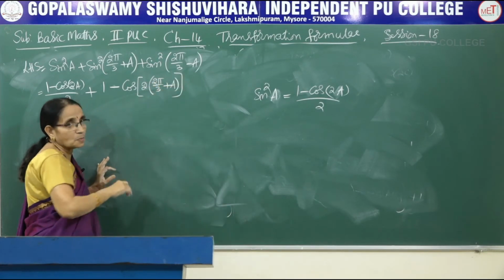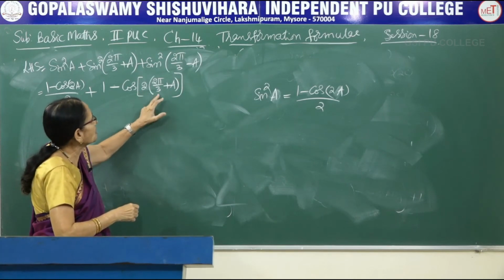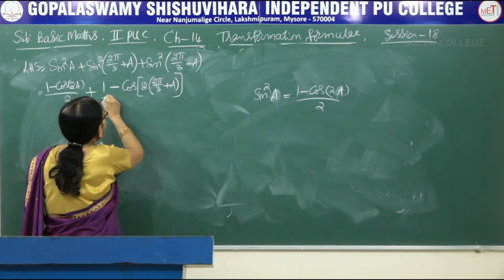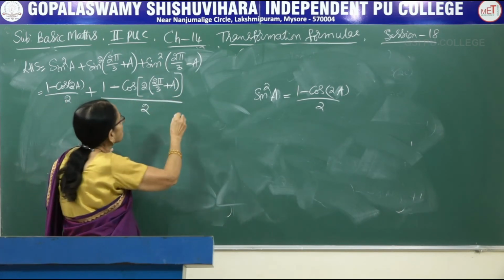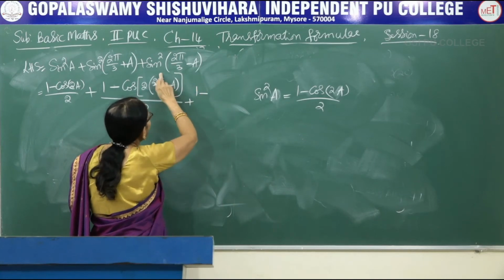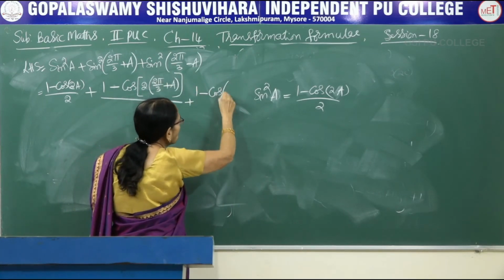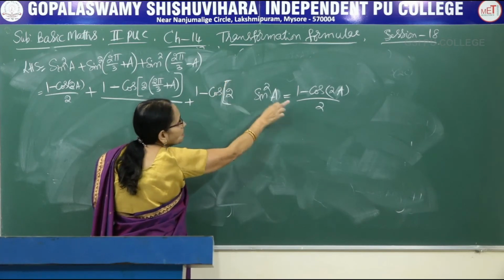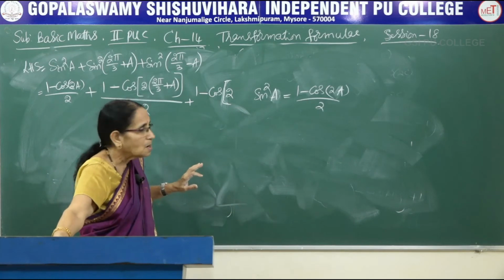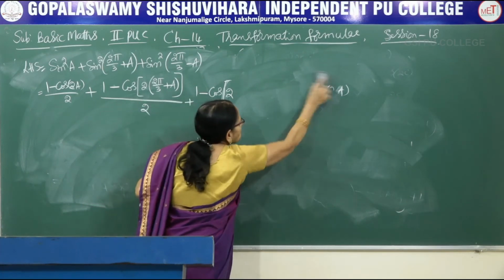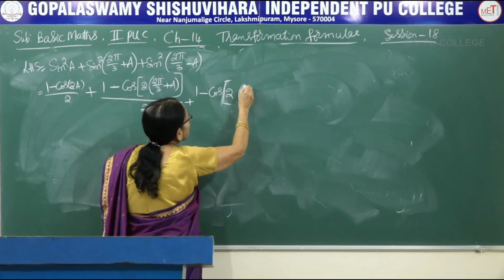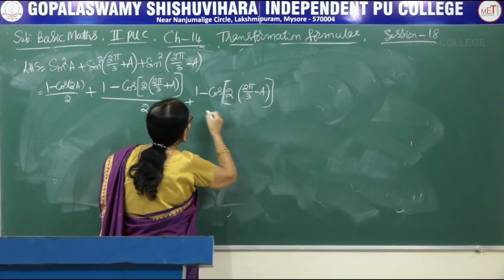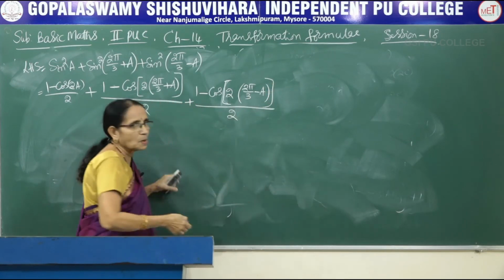Okay, if you omit this bracket, what happens now? You simply write multiply only the first angle, you forget to multiply the second. Whole thing divided by 2. Correct? Next is 1 minus, same thing, cos of 2 times A. Same angle, same formula, but the angle is different. So it is 2 times, what is the angle here? 2 pi by 3 minus A. Close both the brackets, whole thing divided by 2.